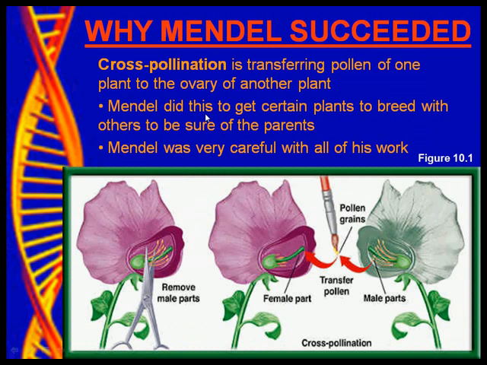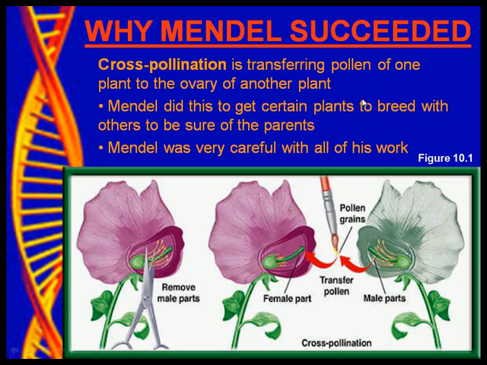This is a little bit different than what you have, and I just cut down on some of the pictures, but as long as you look at it once, I think it'll make sense. Cross-pollination is a pretty important concept for this unit to understand, again, how Mendel did this work. Simply transferring pollen of one plant to the ovary of another plant. And there's a picture down there, you can see kind of what that's talking about.